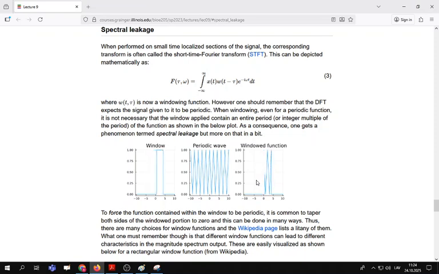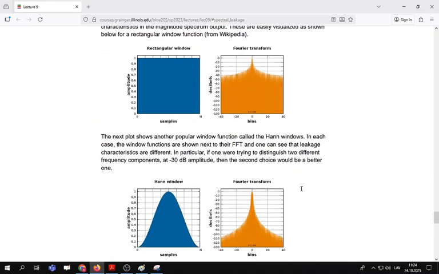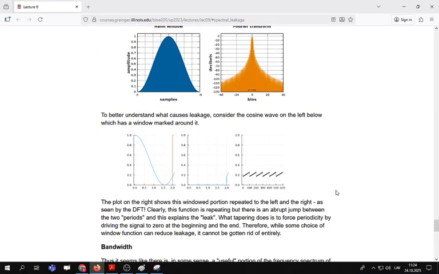animation, which shows you how our window moves along the signal. And depending on the position, you can see that this periodic function changes a little bit, yes? So you cut off at the beginning or at the end, and you get a full period either way. And if we look at that in more smooth notation, you will see how it goes from the periodical one into a non-periodical one. Yes? So basically,